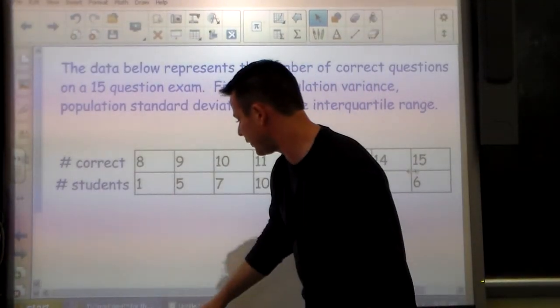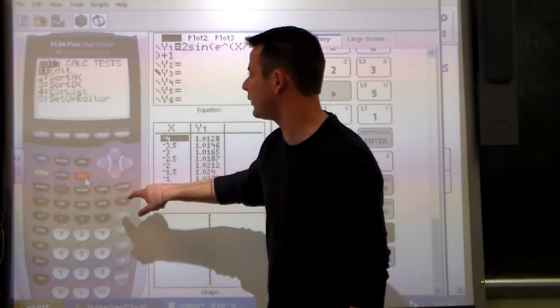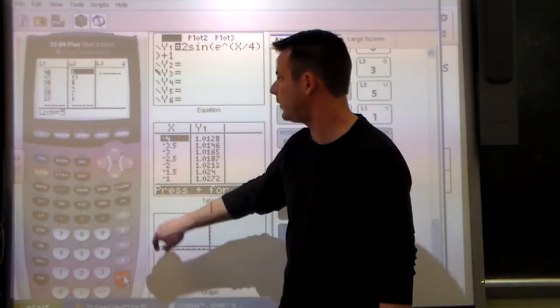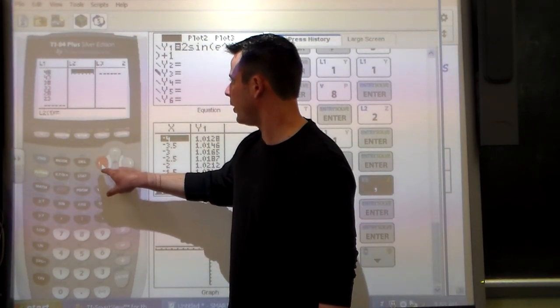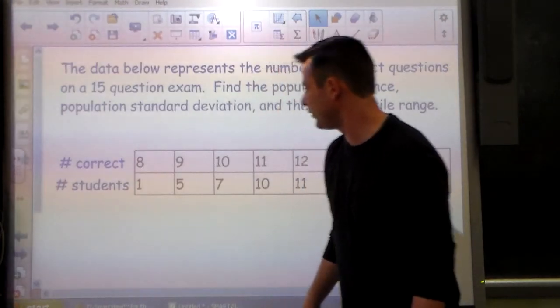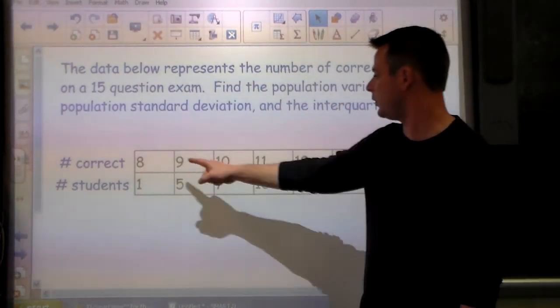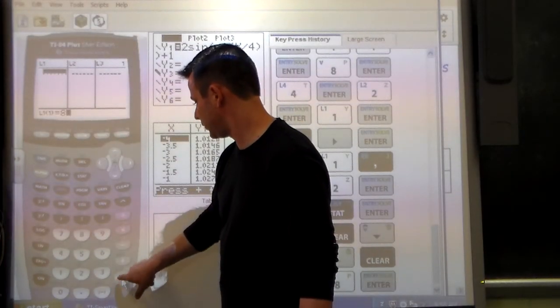So let's go back to our calculator, and let's clear out any previous information. We're going to go back to the stat button. We're going to edit our lists. We're going to clear out L2, and we're going to clear out L1. Now the information I'm putting in L1 is the X values, 8 through 15 inclusive. 8, 9,